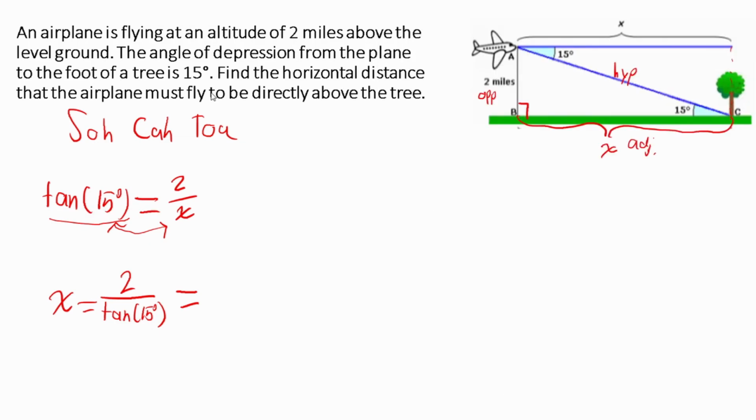Does it tell us anything here? It says find the horizontal distance that the airplane must fly to be directly above the tree. It doesn't tell us, which means I'm going to round to the second decimal place, aka the hundredths place. So when we round off, it's going to give me about 7.46